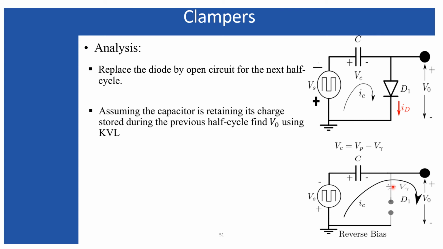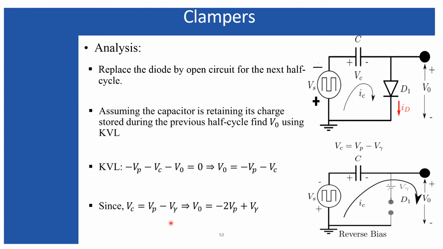So next apply the KVL over here, and the KVL tells that, since the polarity of the input voltage has now changed, you are moving from plus to minus, and this is plus to minus because the capacitor is holding its charge, maintaining its original polarity, and the polarity I have considered for the output voltage is plus to minus. So this will be the KVL, and from this KVL, V naught is going to be negative of Vp minus Vc. But Vc is known because it is holding some voltage from the positive half cycle.